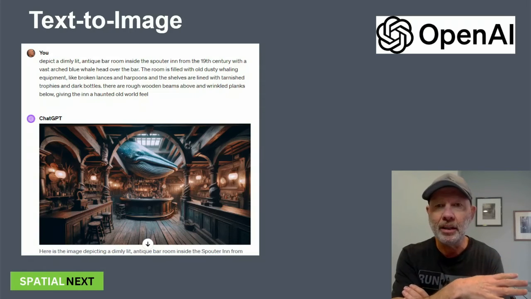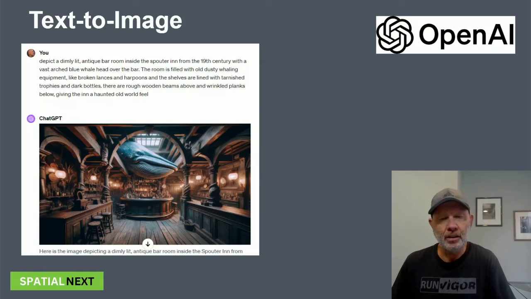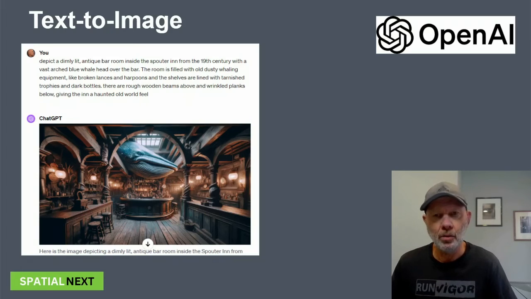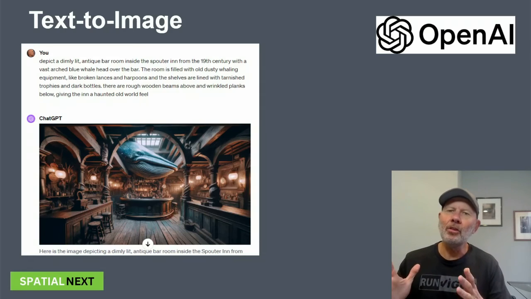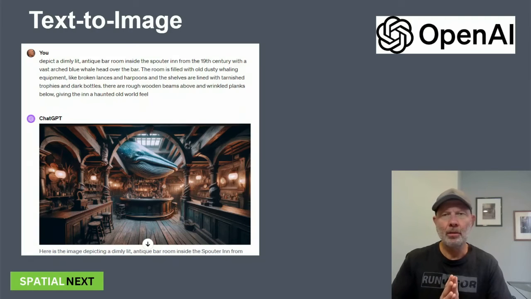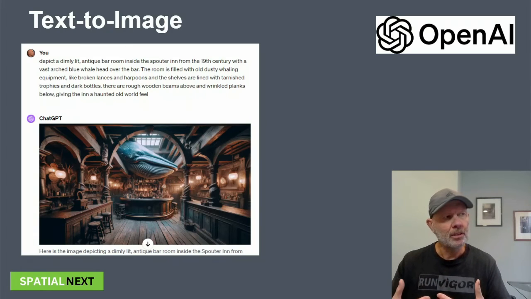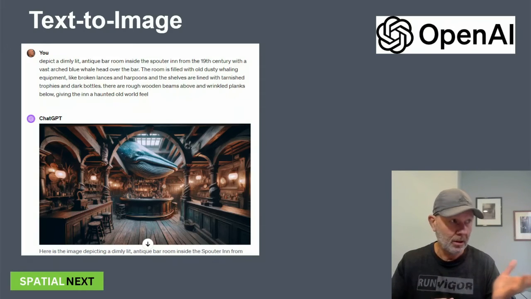That's all we've given it. Look at the image it's created. I was absolutely blown away by this. So imagine that you're wanting to do work where you want to start out with an image, and maybe it's an article you're writing, maybe it's just simply an ad that you're creating. You can give ChatGPT 4 a detailed description of what you're looking for and have it create this kind of